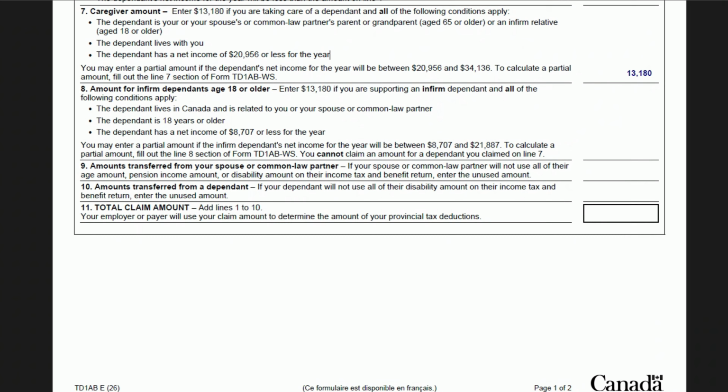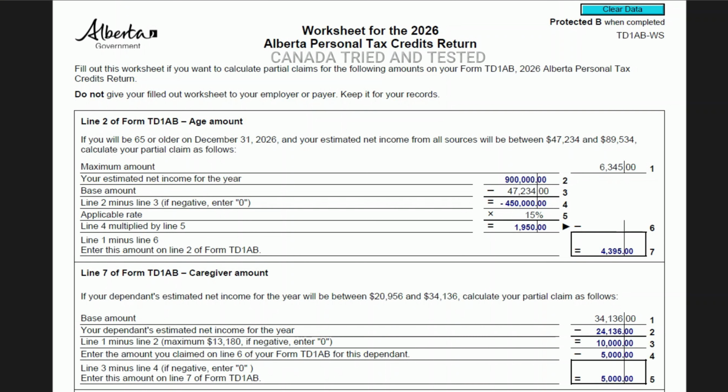13,180. And if the dependent has a net income for that year between 20,956 and 34,136, in that case, you will use the worksheet. Here you see this base amount by default shows 34,136, and then here the dependent's estimated net income for that year. Whatever the net income is, that has to be entered here, and the difference between both will be entered here. So in case the earning was 24,136, the difference comes as 10,000. Okay, this is an example. You'll have to enter the real numbers